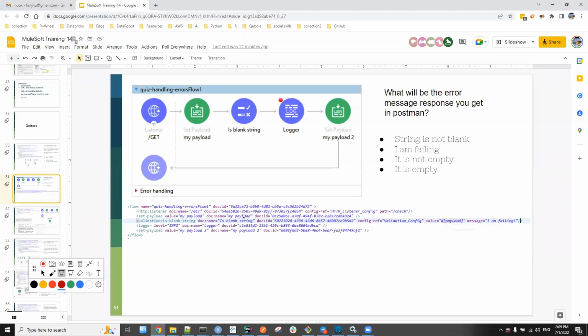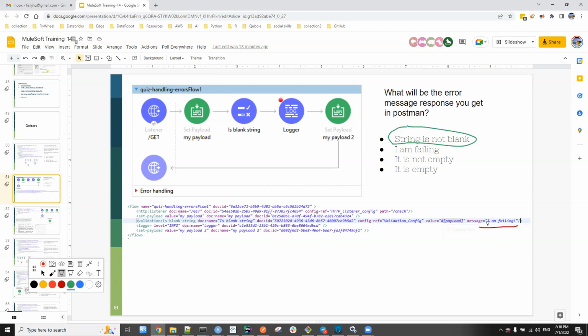The reason that they put a screenshot of some part of the XML code is because there is some information that you can get from there. So in this case, the message you see is here. If this message doesn't exist, then the default error will be the payload, the string is not empty, will be the error. The string is not blank. So it will be this answer. This one will be the default answer in that case, if we don't have a message.